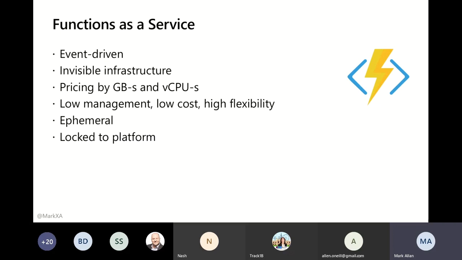The reason it's called serverless is because the infrastructure is essentially invisible to you. There are servers under there, but you don't really care about them. You're just firing your code at the cloud and saying, please run this code when it needs to run, based on whatever events it cares about. You provide the framework, you provide the servers, you provide the network. I just want this code to run, please. So you end up with a very low management thing going on. It's very low cost and it's very highly flexible.